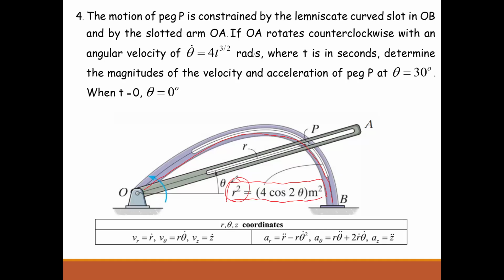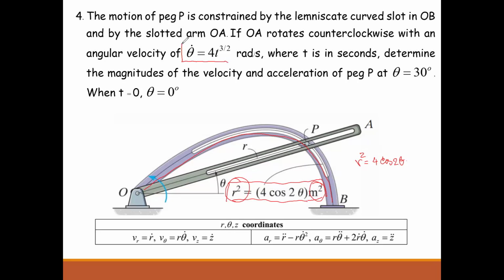Okay, and for this case, we have the path equation in terms of r squared equal to 4 cosine 2 theta. Meter squared is the unit, it is not part of the formula. Sorry, this is the formula. It should be just like this. Meter squared is a unit, and